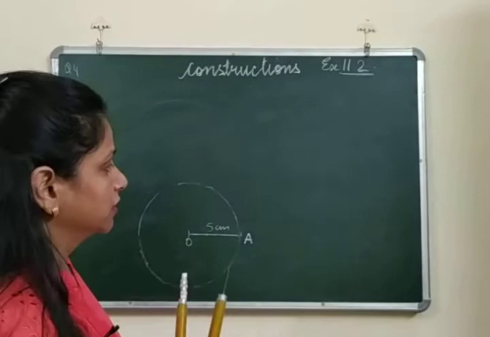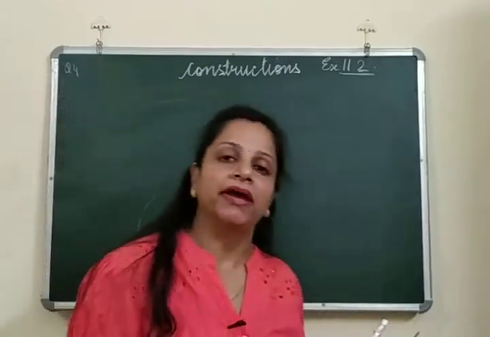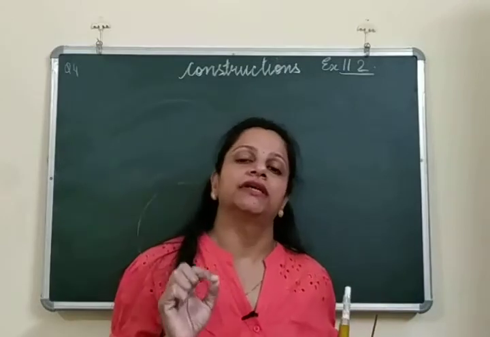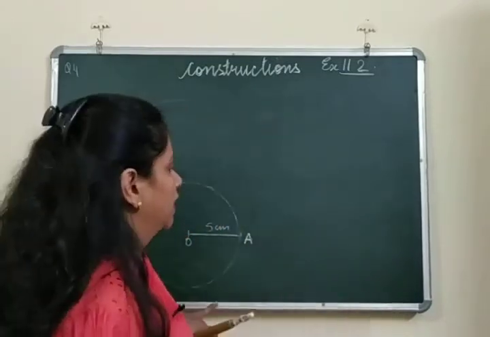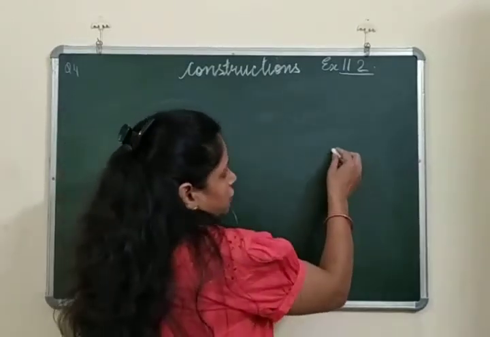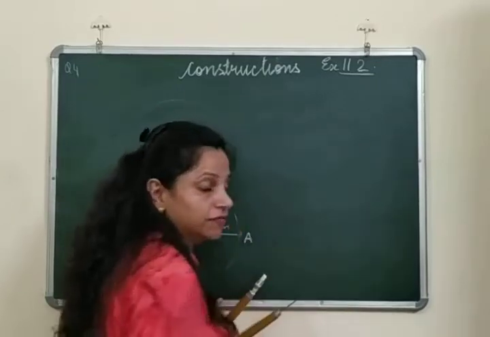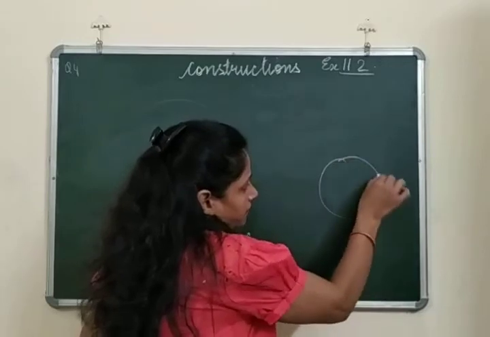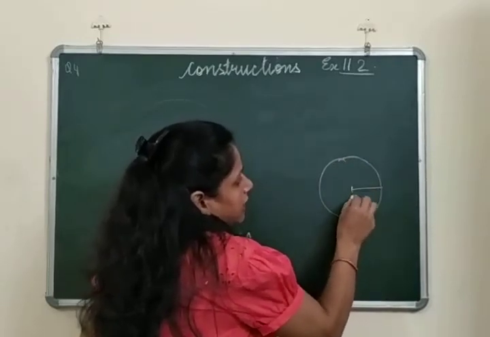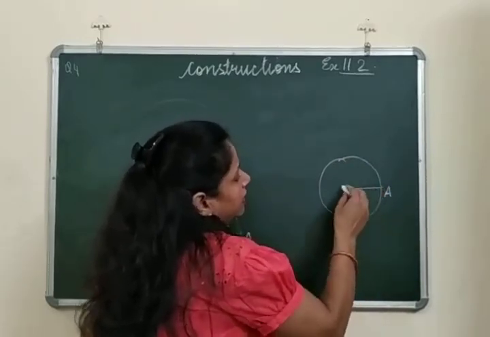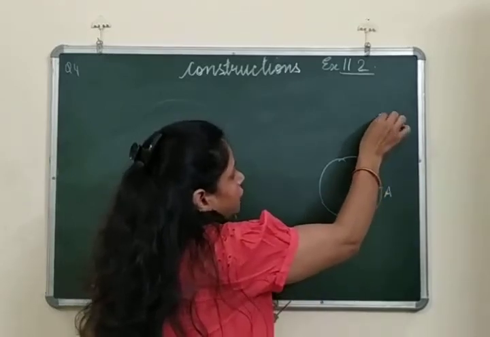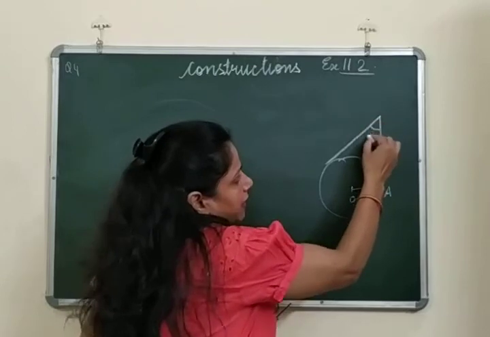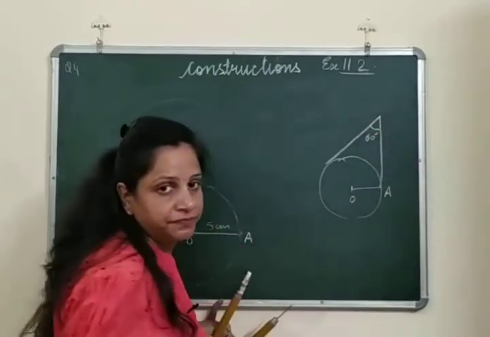Now it is said that on this circle we have to draw a pair of tangents, and those two tangents are inclined to each other at an angle of 60 degree. Before doing the construction, just remember one thing. There are a few properties of the tangents that are to be reminded. First of all, see the rough figure. Say for example, if it is O, A, from here we are having the tangents like this. These two tangents are inclined at an angle of 60 degree, right?